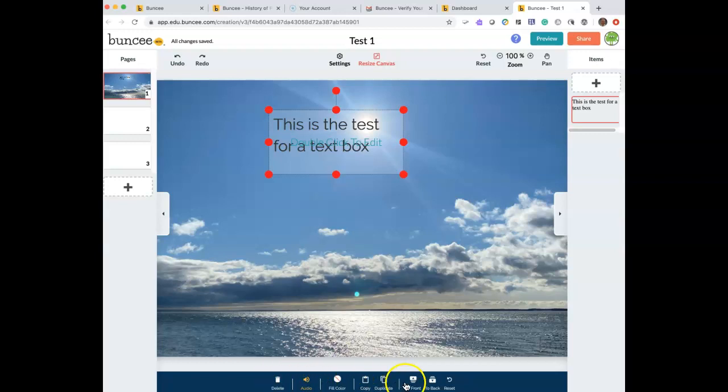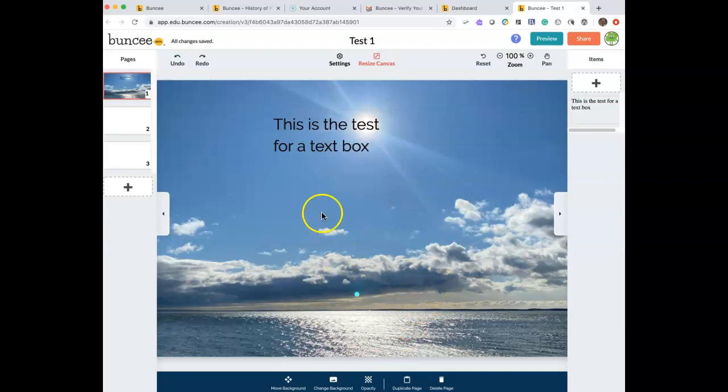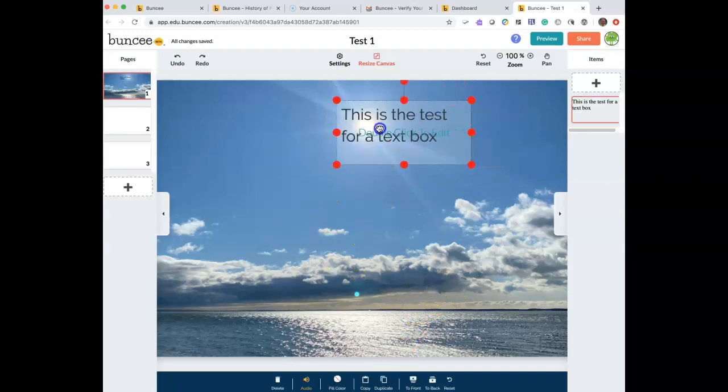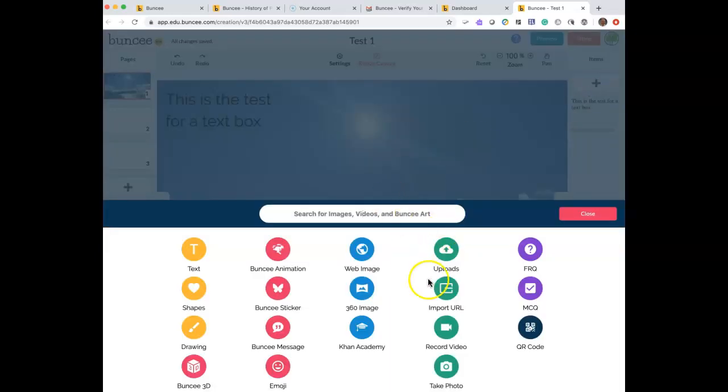colors and so forth. So always check your toolbars, whatever page or whatever item you're on. You get the idea of different things that you can do. I can deal with colors and so forth along that line. Again, I can just click on it and move it wherever I feel it's going to be appropriate. I'm good. And notice now we have the particular item. So once I add the second item,